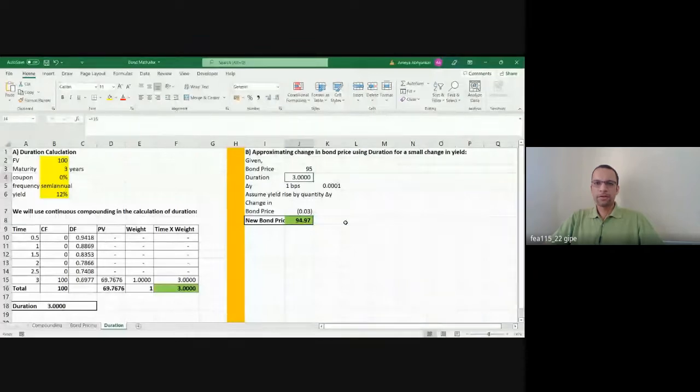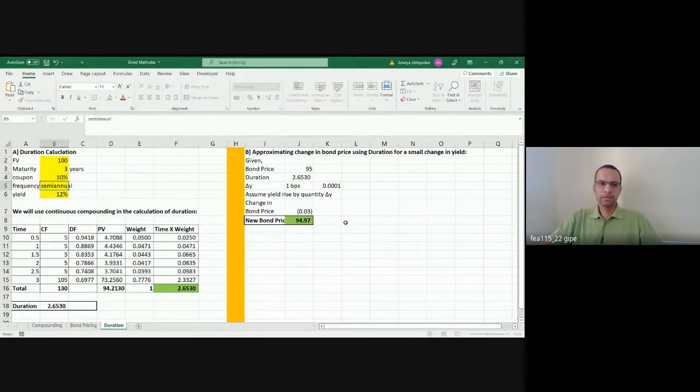So let's say I have a certain bond which is trading at 95. I'm just taking some bond price. Let's say the duration is 3 years. I think this has got linked to my earlier calculation, so it was 94.5. Fine. The price should not matter. If you like, we can just